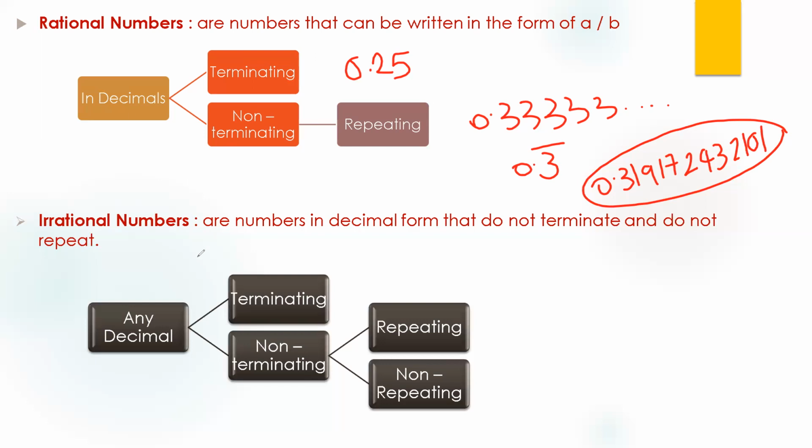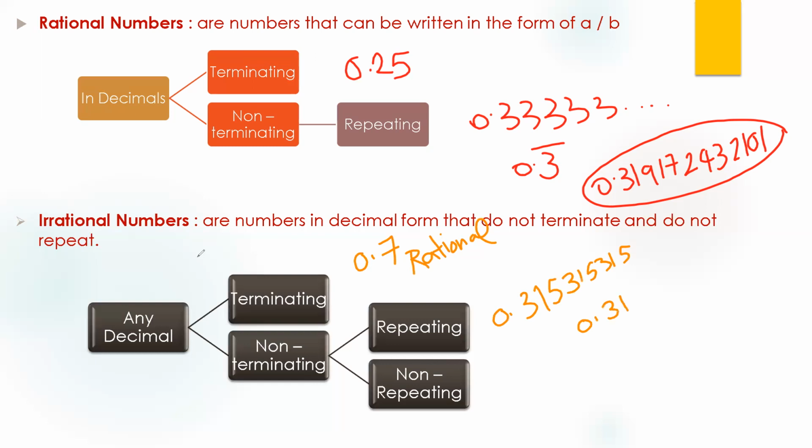Any decimal is either terminating or not terminating. If the number is terminating, as I told you, like 0.7, it's going to be rational. And if the number is not terminating, we have two types: repeating and non-repeating. If it's repeating, like 0.32 or 315, 315, 315, and so on,